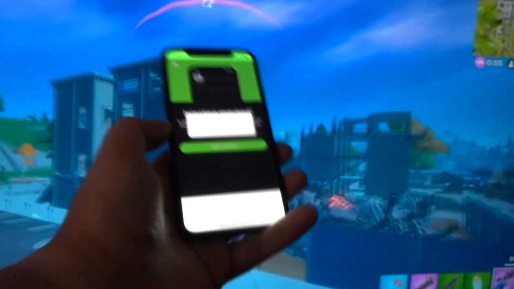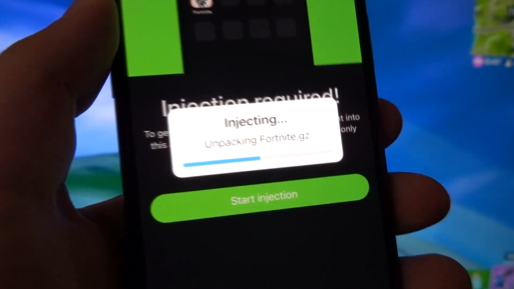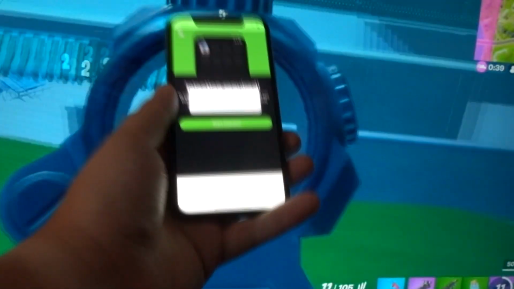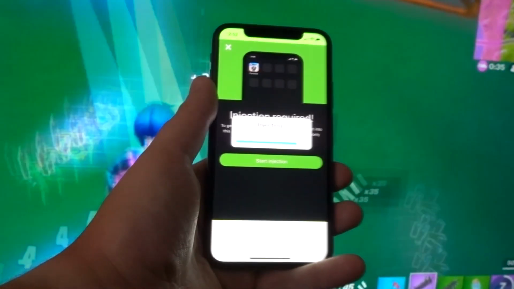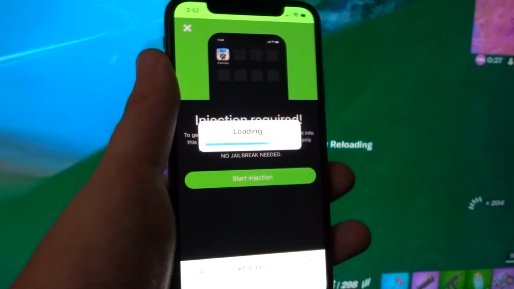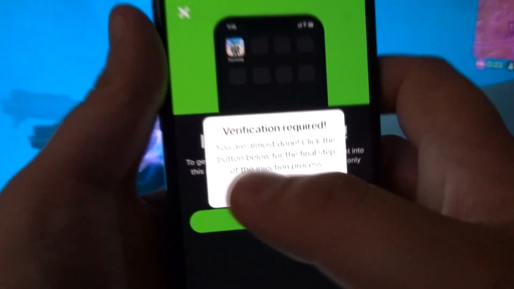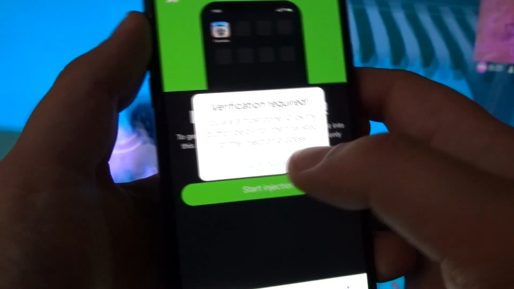Now, remember, there is no need for jailbreaking and rooting over here. It's as simple and straightforward as I'm showing you it is. And the only reason I have fast forwarded the video over here is to make it short, because the injection process may take up to a few seconds in most cases. However, in some cases it may take up to a minute or two, but that again varies with your internet connection speed. After that, the last step over here is to basically click here, and then move on to the